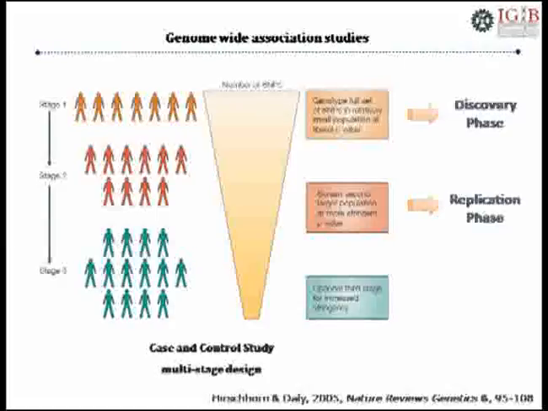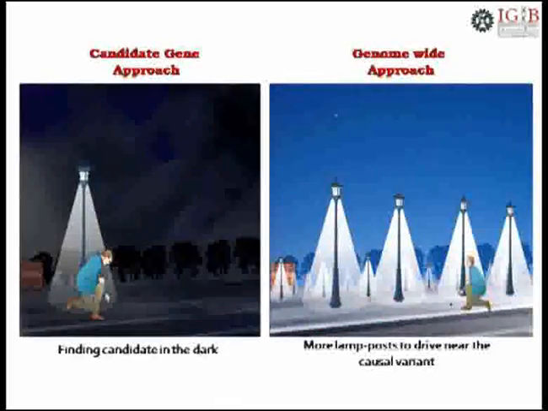And then again you do individual statistics and then combine statistics to get some of those genes which are associated. It is just like that. So that candidate gene, you have a marker and you lost the key. So if it is not appropriately next to this light post, it's very difficult for you to get the key. Then you will have to do the fine mapping of that region.